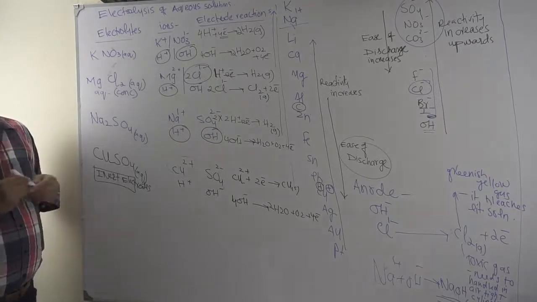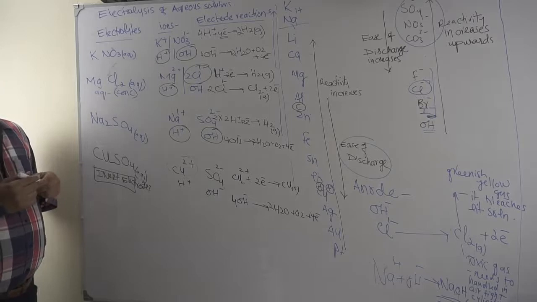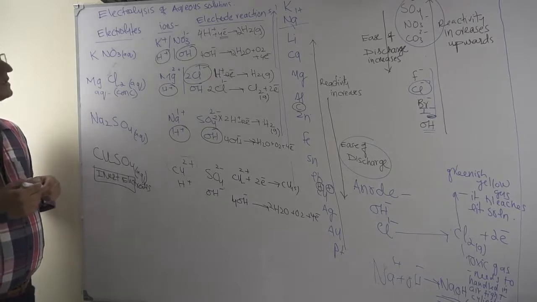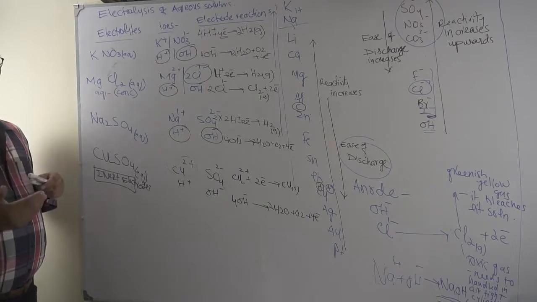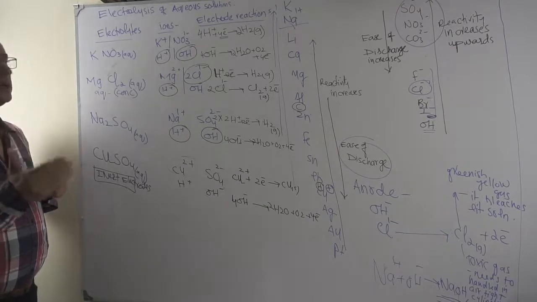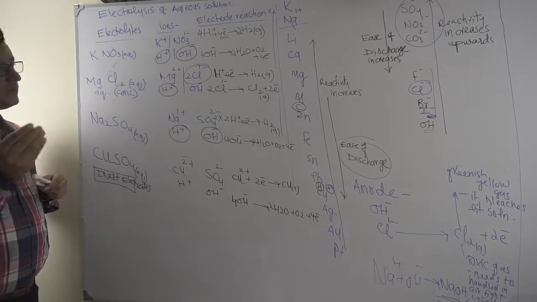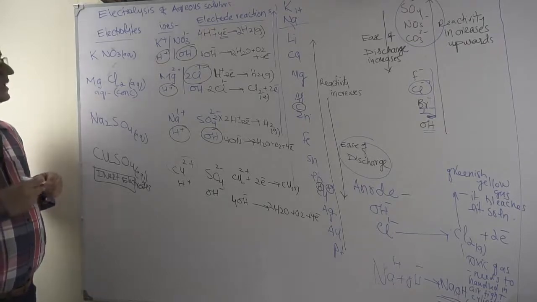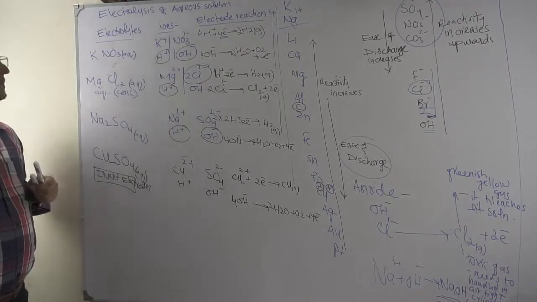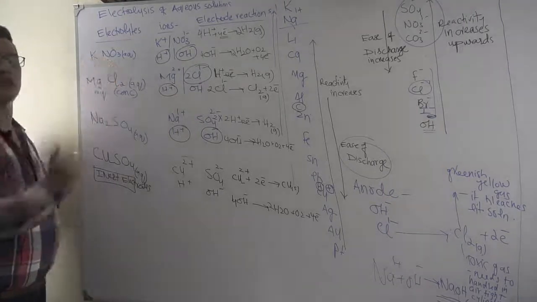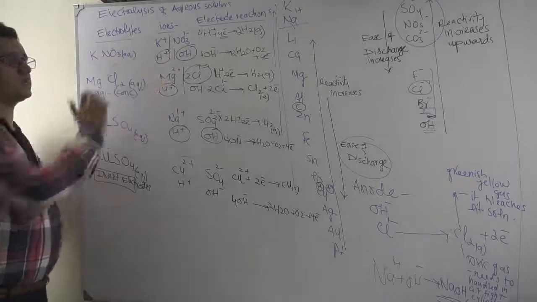Can you start? So, electrolysis of aqueous solution. We'll take some more examples, so you get more practice if an electrolyte is given and they ask you to write the products obtained, or the cathodic half equation or anodic half equation. The basics you need to stick to is that if it is an aqueous solution, of course the positive and negative ions are coming from the salt as well, but from the water as well, always.